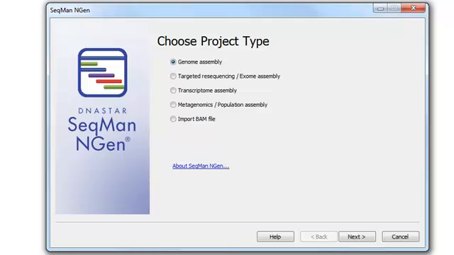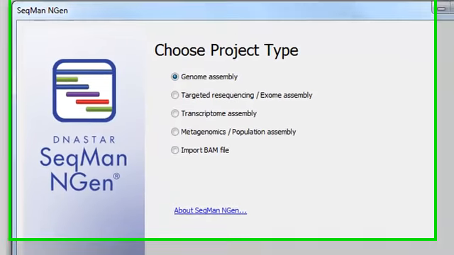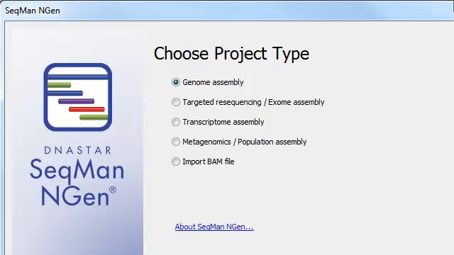SeqMan Engine is DNASTAR's software for next-gen sequence assembly. And in this video, I'm going to walk you through how to run an assembly. And for an example, I'm going to do a reference-guided assembly using E. coli data from Illumina. So the first step is to choose my project type, and I'm going to keep the